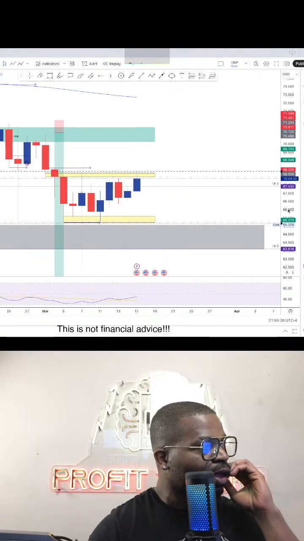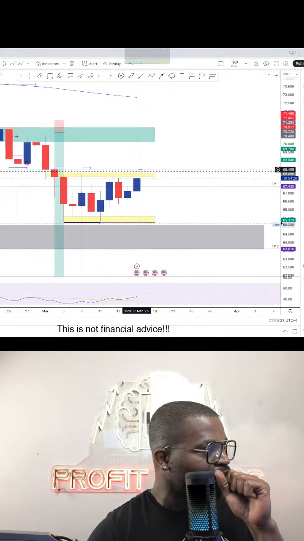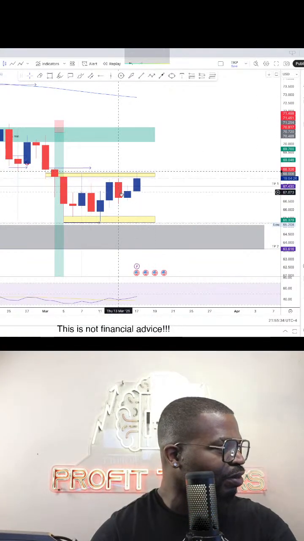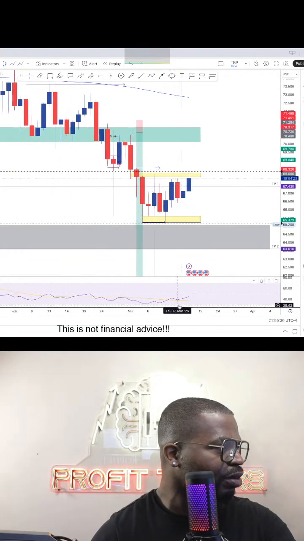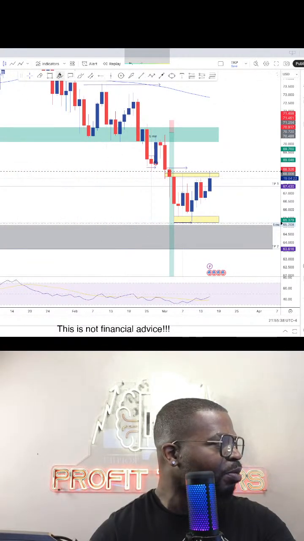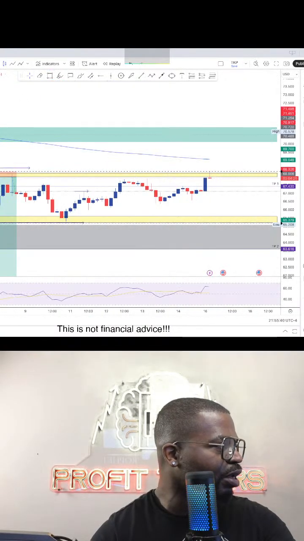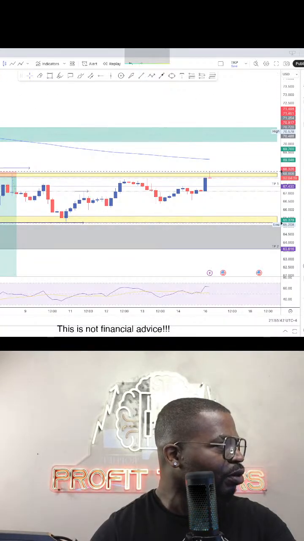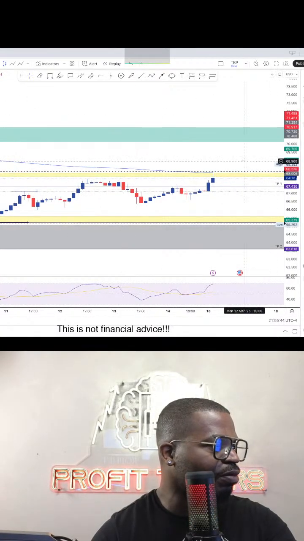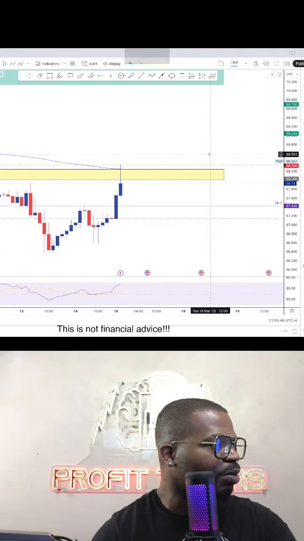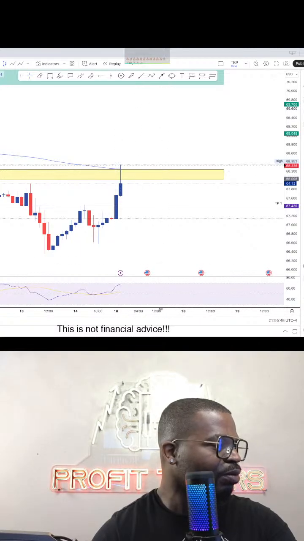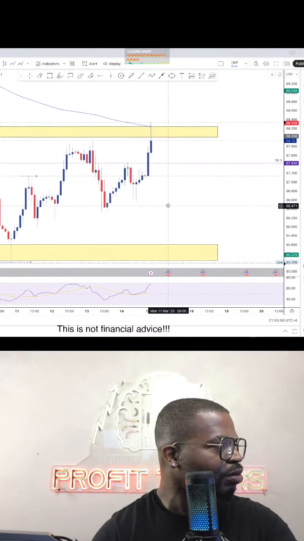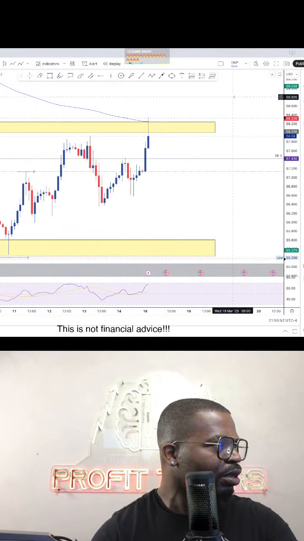At this point, like I said, we need to see how price is going to respond to this area of range. We could get another bounce. Let's see if that 200-day EMA is closer. All right, cool. So on the 3-hour time frame and the 2-hour time frame, that 200-day EMA is right at the top of our zone. This could be the push that we're waiting on